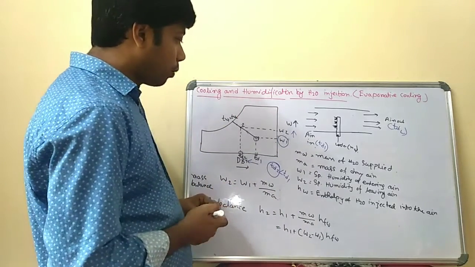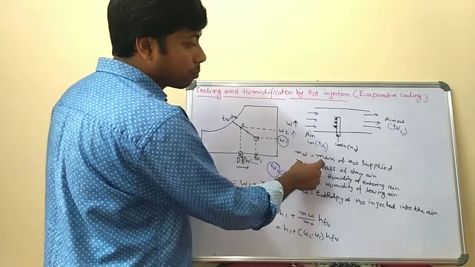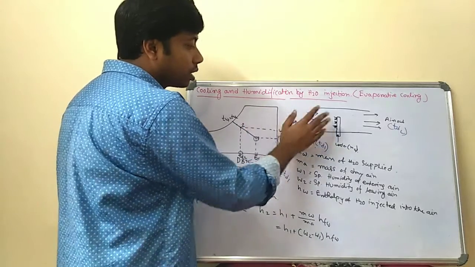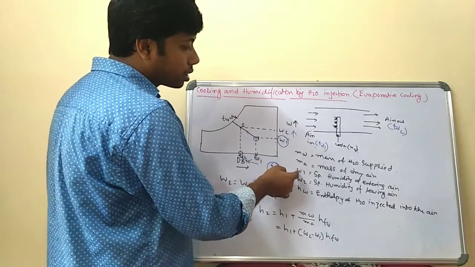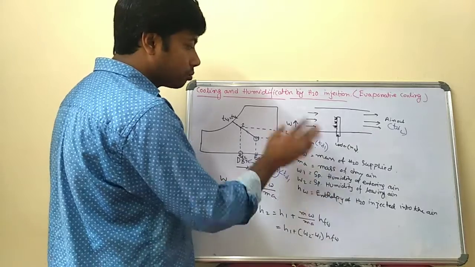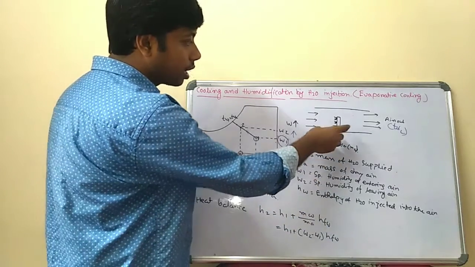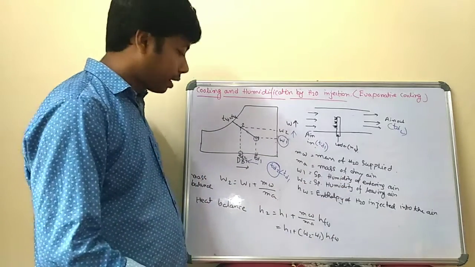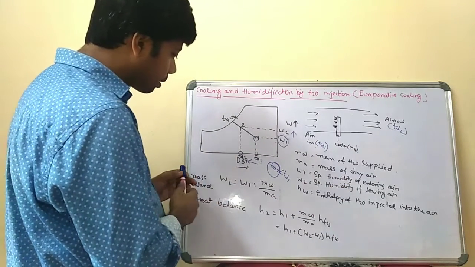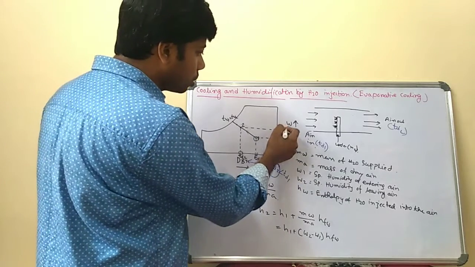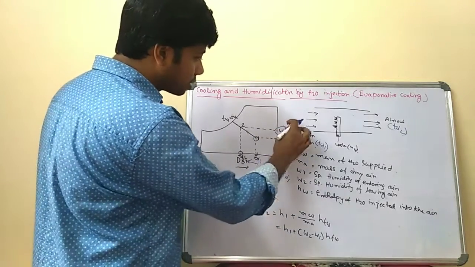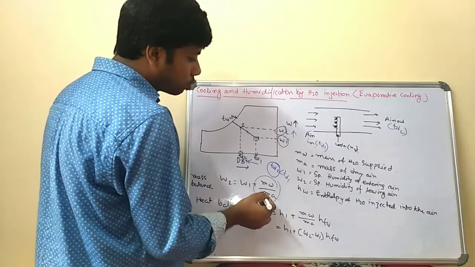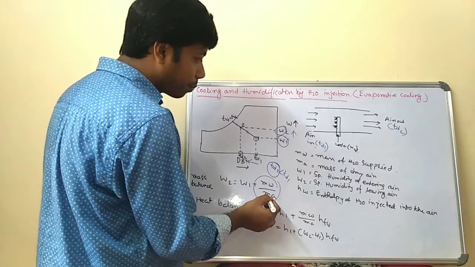Now MW is the mass of water supplied through the spray nozzle. MA is the mass of dry air which entered the arrangement. W is the specific humidity, and W is also the specific humidity of the leaving air. HFW is the enthalpy of the water injected into the air. If you go to the mass balance, it gives W2 equal to W1 plus this difference, that is W2 minus W1 equals MW divided by MA.